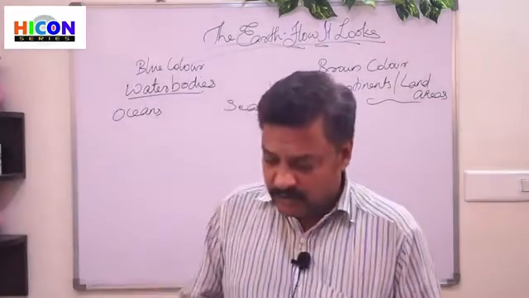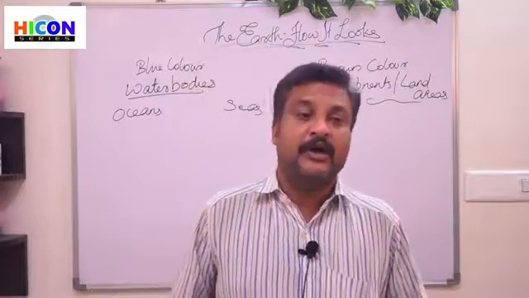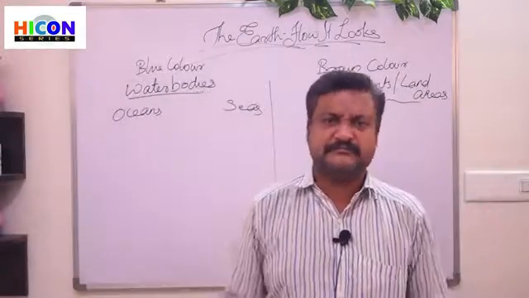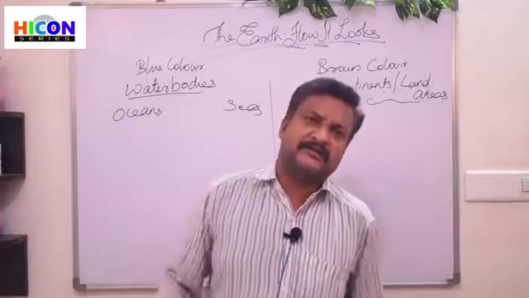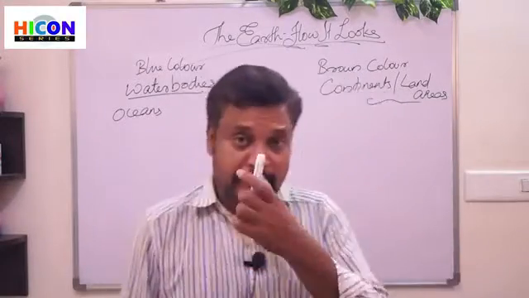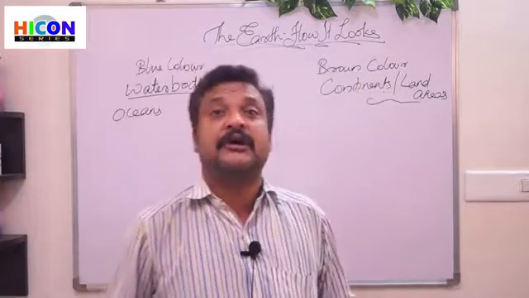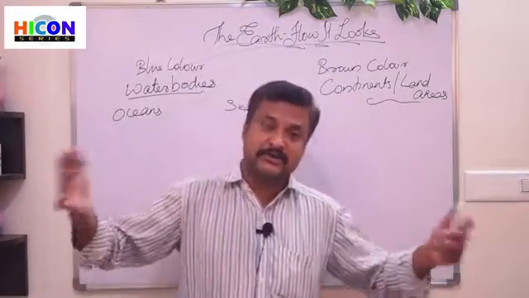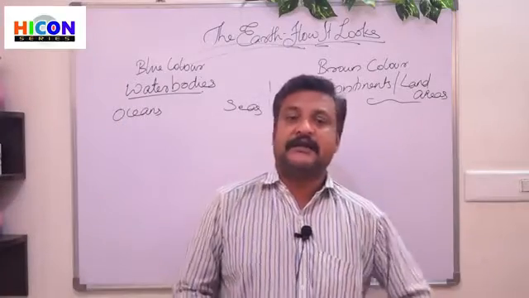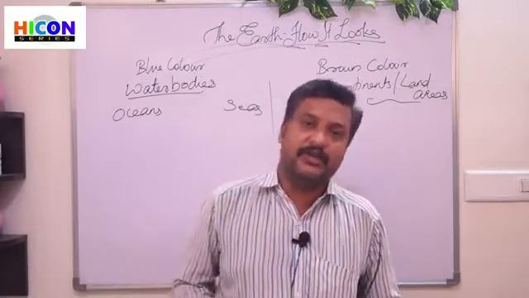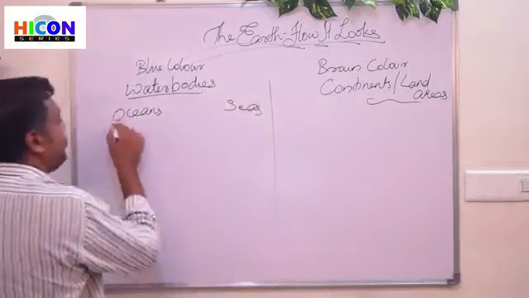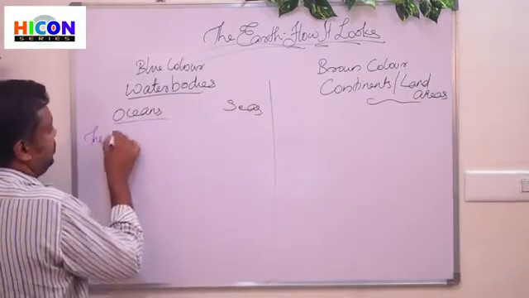Right? Now, what is an ocean? Yeah, ocean is a very vast or large water body. A very vast, large and deep water body is called an ocean. So what is an ocean? An ocean is a large, vast and deep water body. Now we have 5 oceans. We have 5 oceans. They are the